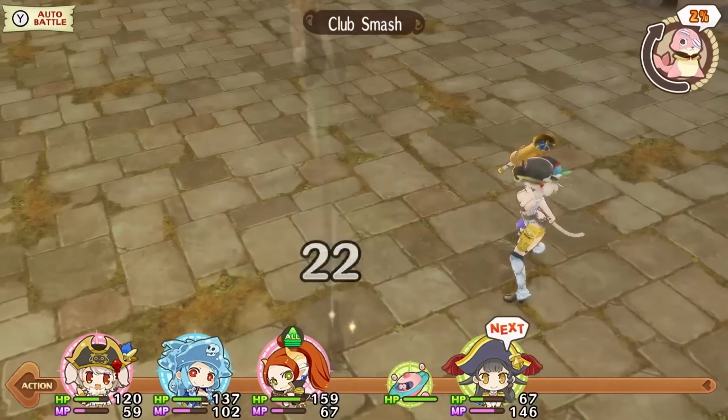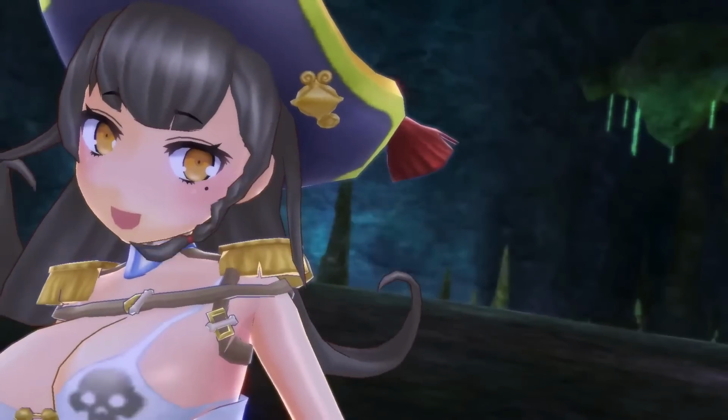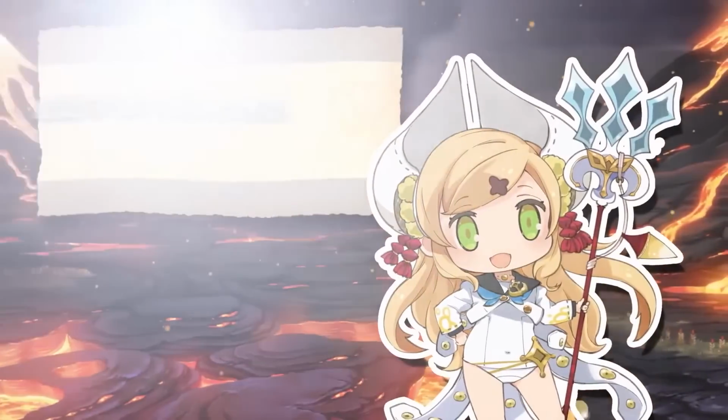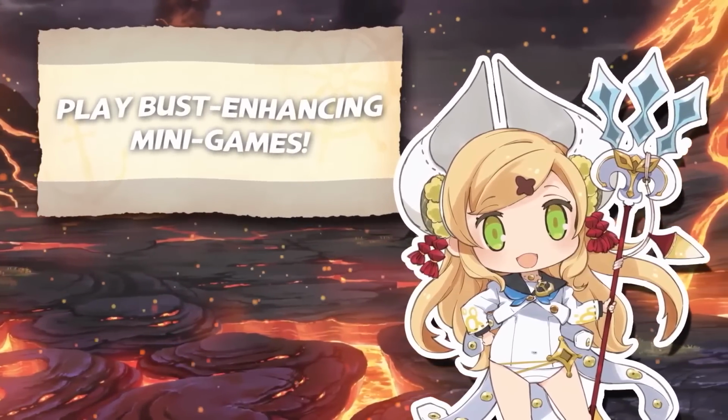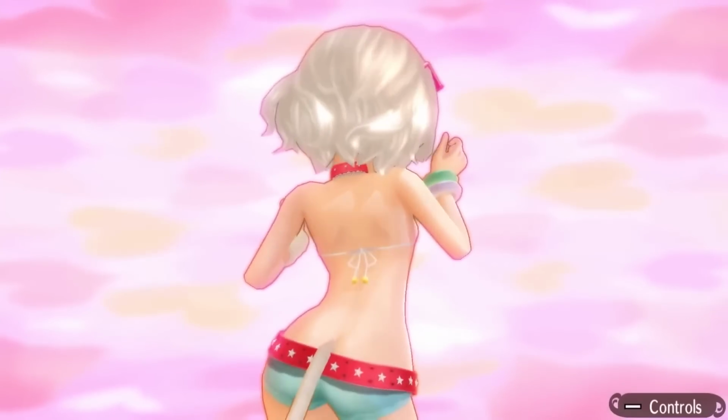If you check out my review, you'll find out that despite a rubbish story, there's a very competent JRPG under the hood. It's not just about fiddling with boobs, that's just a bonus, and that's all we can really ask for in life. Don't play this on the bus. This did have a collector's edition, but that's sold out now, but there are still some standard editions left,